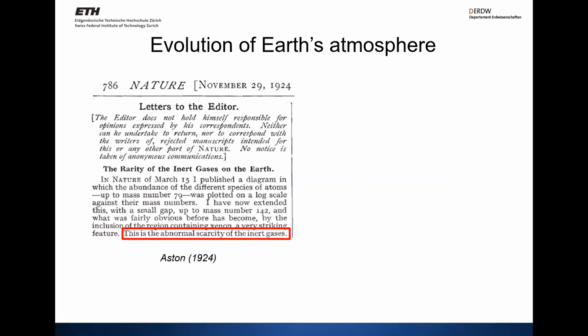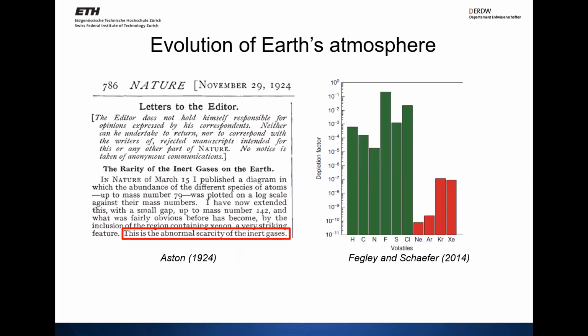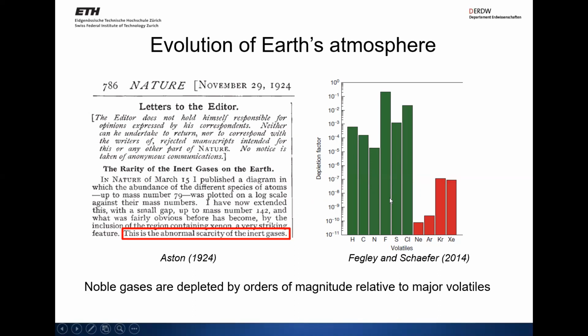That has been confirmed subsequently in these more recent studies, in which what we show here is that relative to the solar composition, which we plot here at 1, there is a large depletion of these so-called noble gases, which do not participate readily in chemical reactions. And so this is, of course, relative to the more reactive, yet similarly volatile elements such as hydrogen and nitrogen. This observation is really taken to mean that the Earth had lost its primary atmosphere, which would contain a lot of these noble gases, and it was subsequently replaced by an atmosphere that was outgassed from its interior.